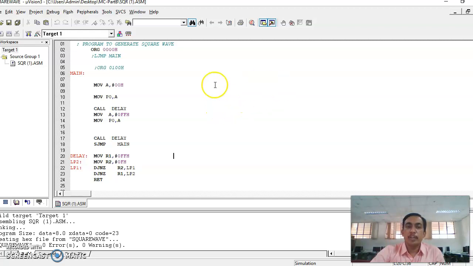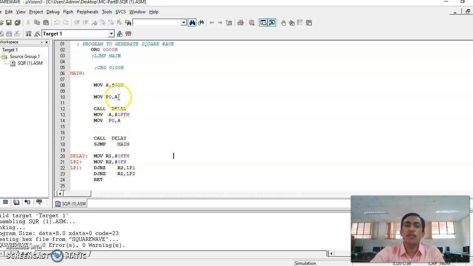The square wave consists of on and off periods. The total period of the square wave is the on period plus the off period. To get the off period, we have to send 00H to the DAC. To get the maximum amplitude, we have to send FFH to the DAC through port 0 of the 8051 microcontroller.